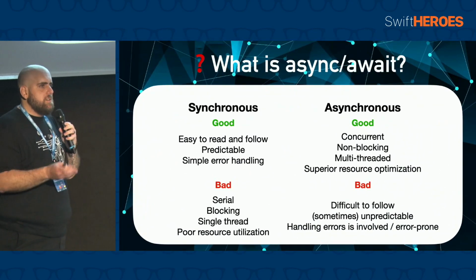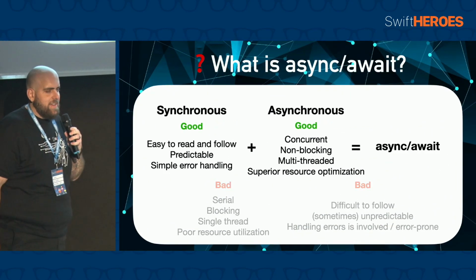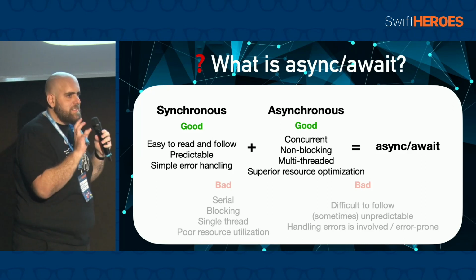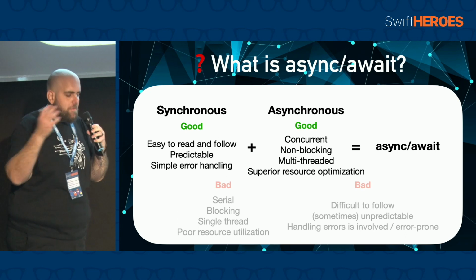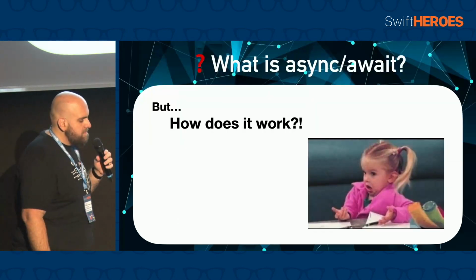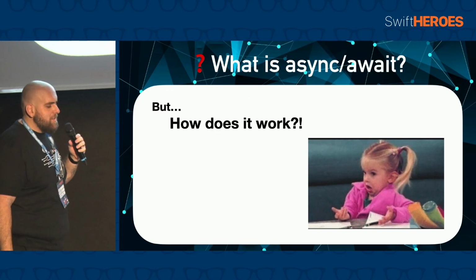So if we take all the good of synchronous and asynchronous, really we are getting async await, because we get all the good side of writing very succinct and simple code, but we get all the benefits of CPU utilization, parallelization, all that stuff. So now a bit about how does it work